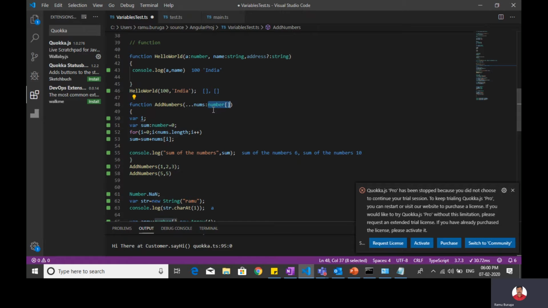Normally, if you want to send only 5 number variables as parameters, you have to declare 5 variables, right? But by this declaration you can send as many as you want. This is one of the declarations we follow. You see this, I call this add number function. Here I am passing 1 2 3, here I am passing 5 5 5. You can even pass as many numbers as you want.